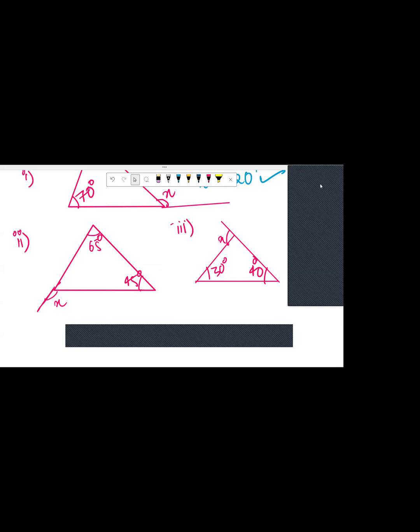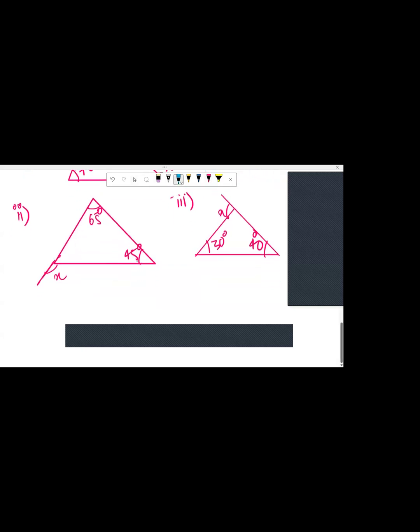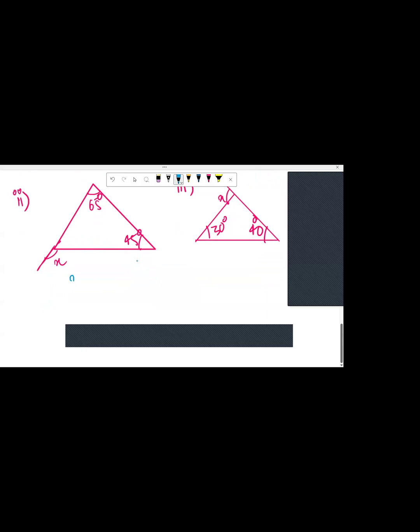Okay, so let's discuss. In the first one, X will be equal to 110 degree. 65 plus 45 is equal to 110 degree. Good. And over here, X is equal to 30 degree plus 40 degree, 70. Yeah, X is equal to 70 degree. Good. So next we have